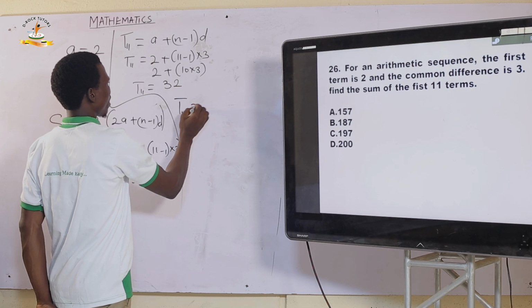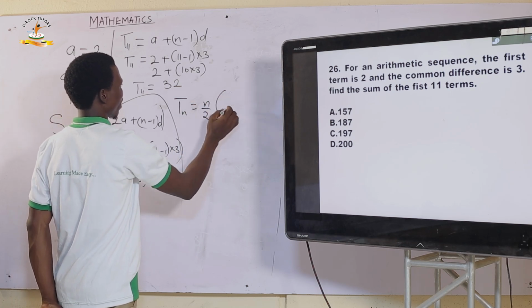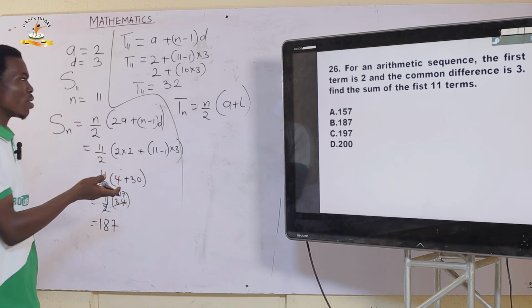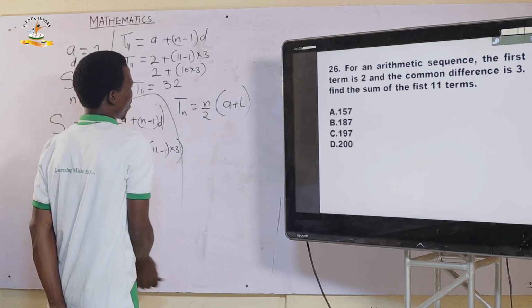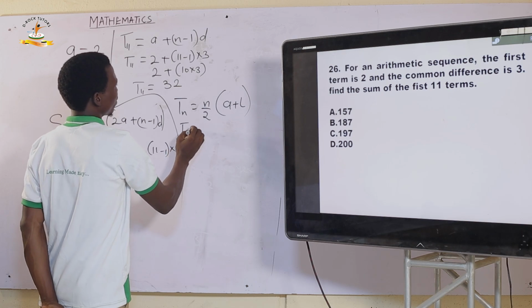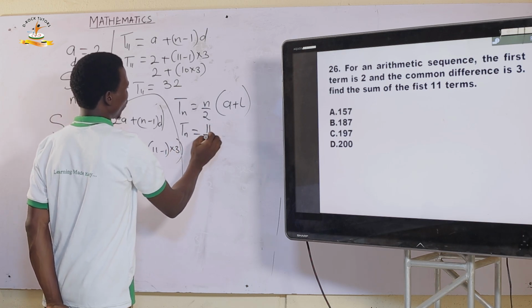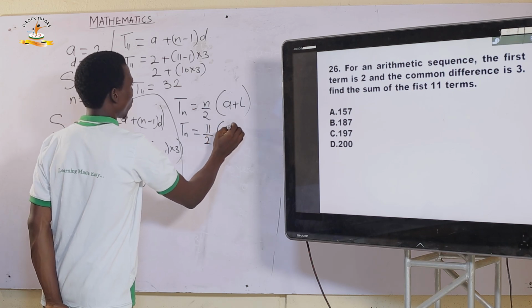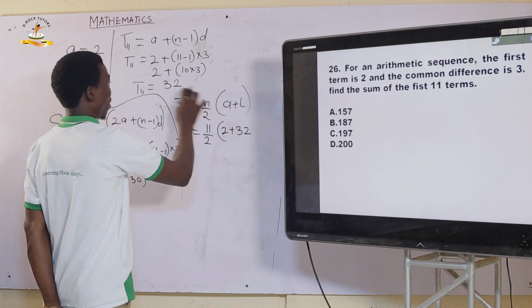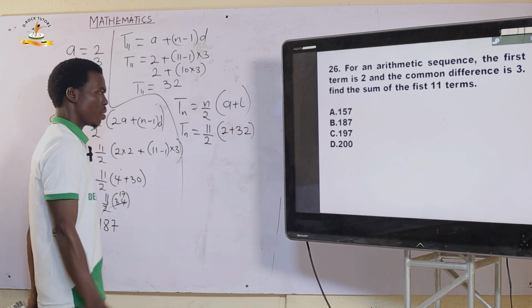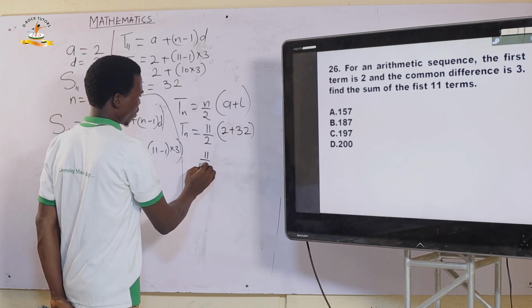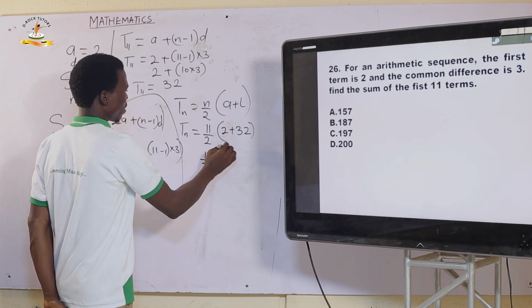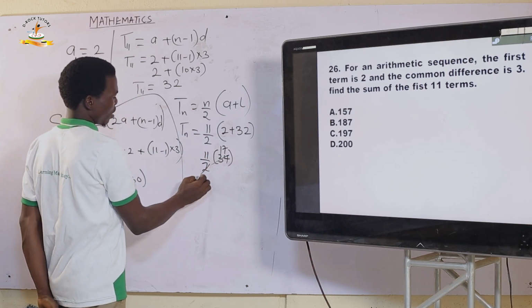So I use this formula: Sn is n over 2 into bracket a plus l, and this time around the last term is going to be your 11th term. Let's see whether we're going to arrive at the same answer again. Sn is going to be 11 over 2, open bracket a, which is the first term, is 2 plus 32, which was our last term, and that is the 11th term. And obviously, as you can see, we are still going to arrive at the same answer. 2 goes here, 1, 2 goes here, 17. And we can see this is still going to be